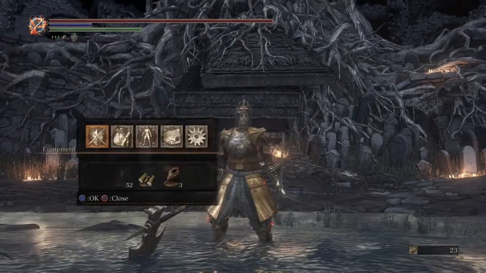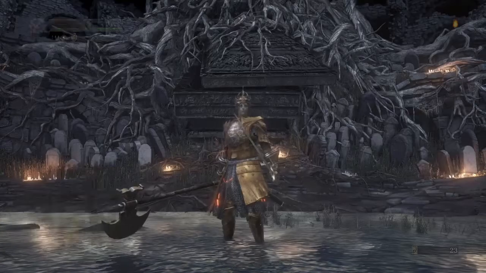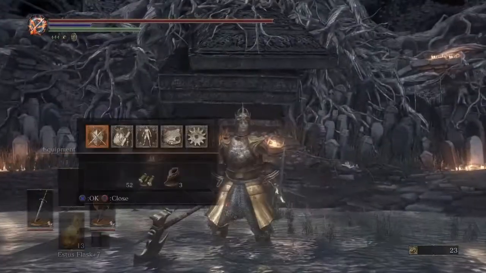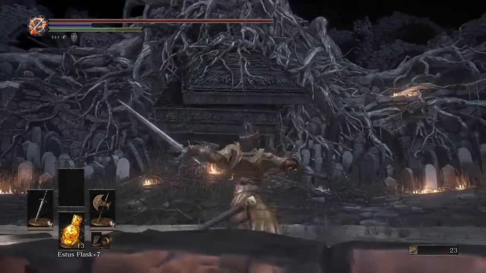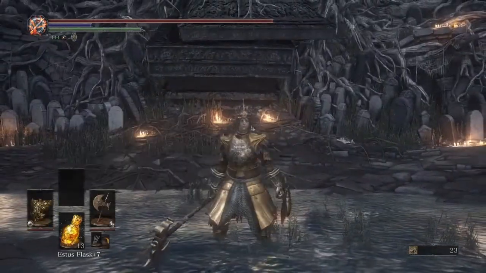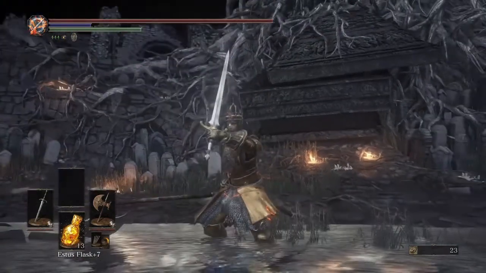Let me show you the build I'm rocking now. This is my Golden Queen build. I'm using the refined Crescent Axe, a weapon you almost never see. It's got a halberd move set, with quite short range for a halberd, unfortunately, and it's pretty mediocre. In the offhand, I've got a refined Lothric longsword, which is good for mix-ups if I'm using the halberd in PvP. And I've also got the golden falcon shield, just because it fits the aesthetic of the